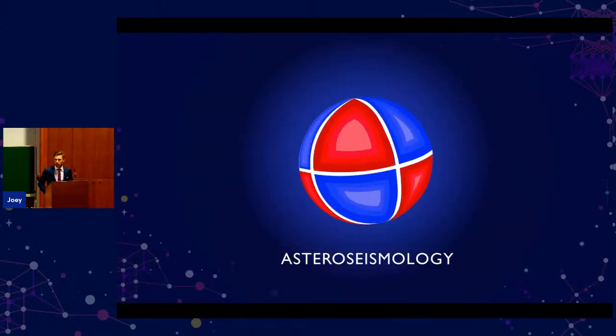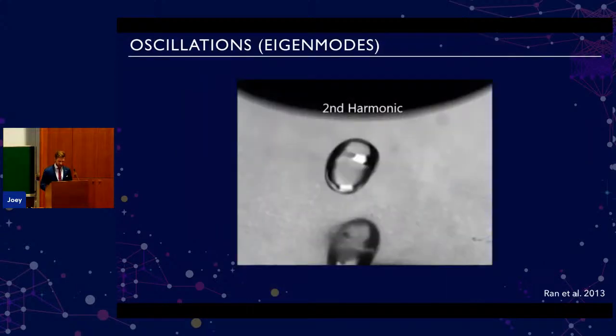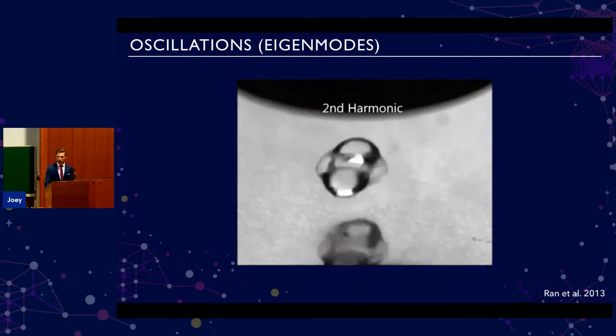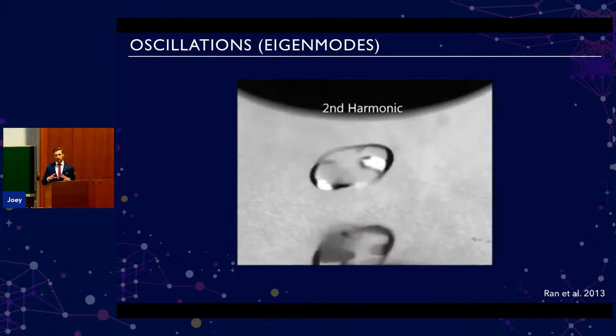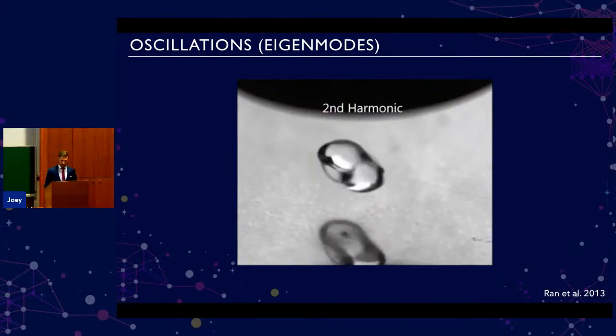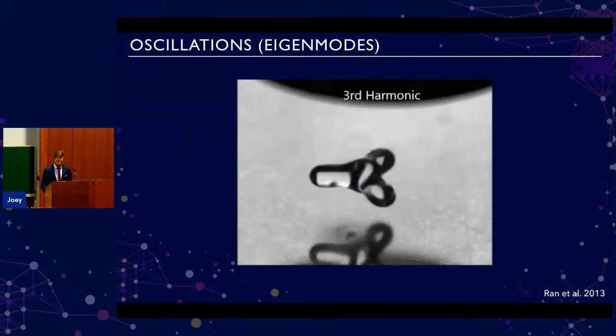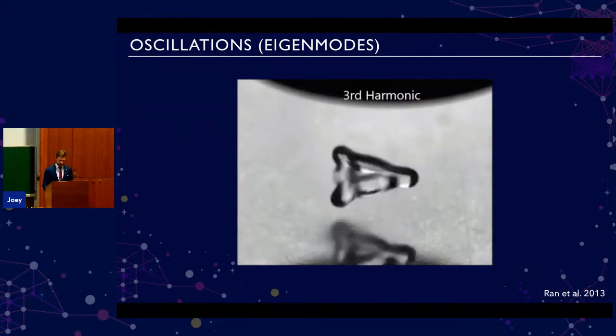But in my thesis, I've also worked on asteroseismology. This is a study where we look at the interior of stars. But first, what I'm going to show you here is a water droplet that is suspended in an acoustic field and is then brought into resonance. And what you can see here is that there are certain motions that this water droplet likes to oscillate or vibrate in, what we call the eigenmodes, or modes, of the water droplet.